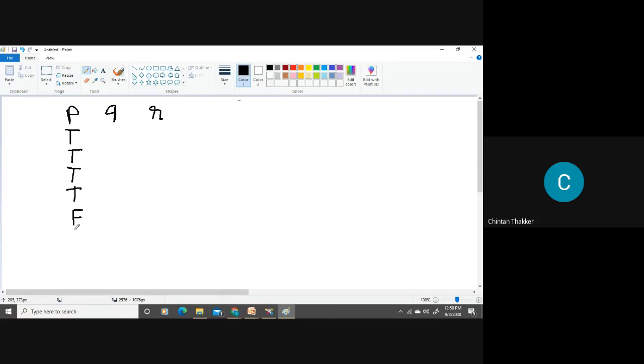Because in three statements, we get 8 combinations. In our first statement, we take 4T and then 4F. In the second statement, we take alternately 2 times T, then 2 times F, 2T, then 2F, then again 2 times T, and then again 2F.